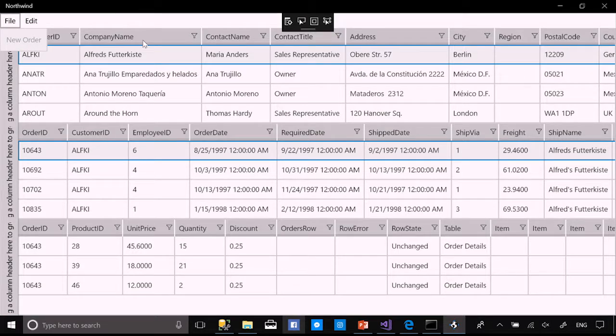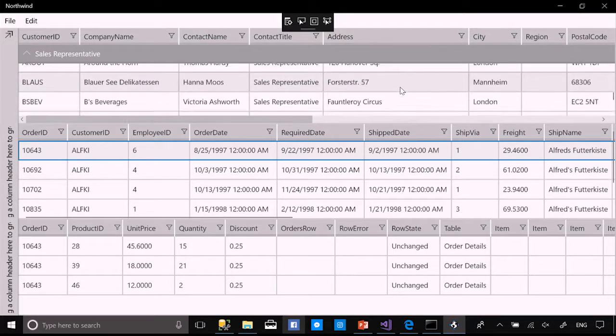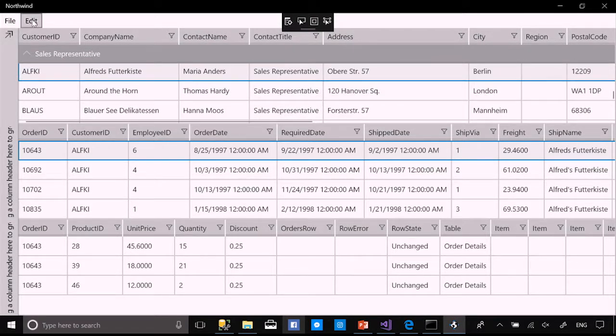And you'll see in here, the data grid off the bat is giving you a lot of functionality, such as grouping. So if I had a bunch of different customers with certain titles that I wanted to filter by, I can go do some grouping in here, and it will group those up for me. So back to the menu,